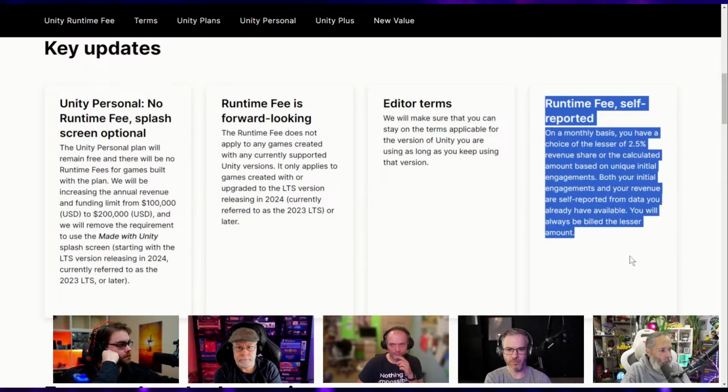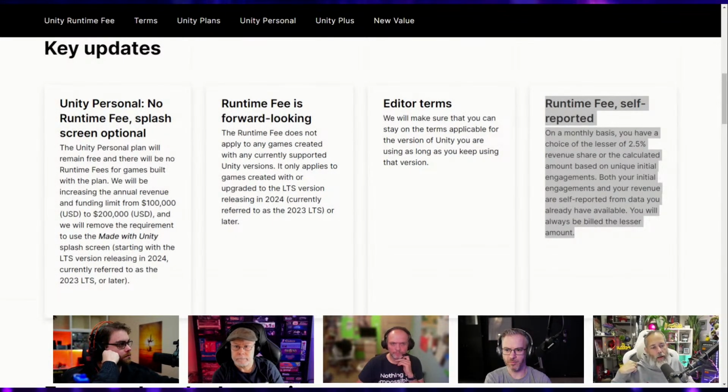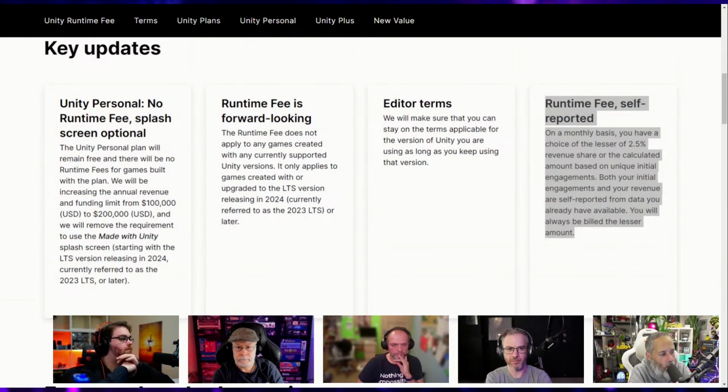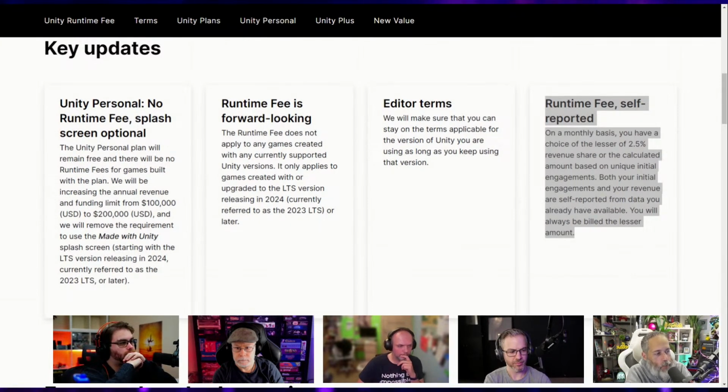The last part on this page is the runtime fee. Actually, let me read it off and then we'll talk about it, because this is one that I had a lot of thoughts about before. It says, on a monthly basis, you have the choice of the lesser of 2.5% revenue share or the calculated amount based on unique initial engagements. Both your initial engagements and your revenue are self-reported from data you already have available. You'll always be billed the lesser of the amount. And this is